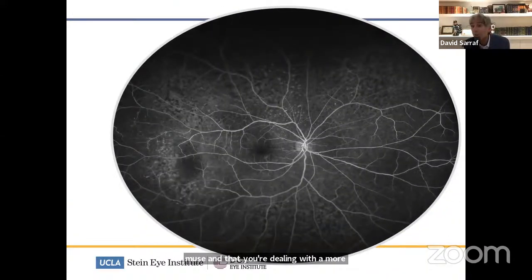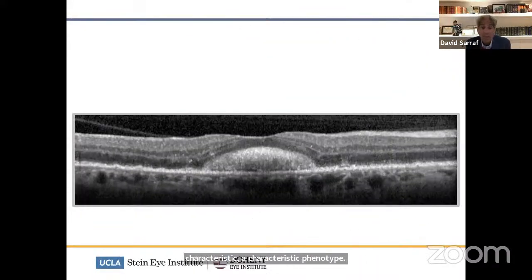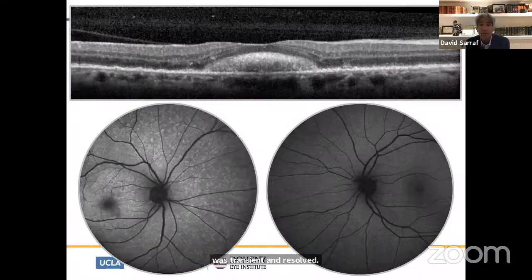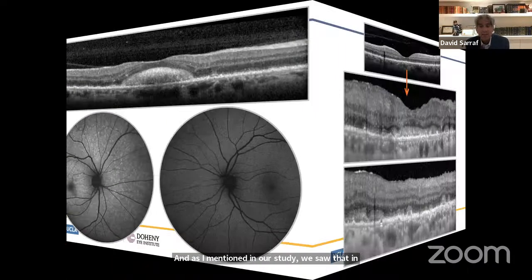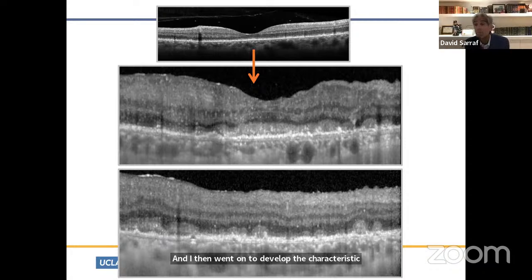And on FA, you can see the characteristic leopard spot pattern, which was also a characteristic phenotype we saw in our AJO study. This patient also had a central cloudy hyperreflective vitelliform lesion that was transient and resolved. And as I mentioned in our study, we saw that in 10% of the cases. And then went on to develop the characteristic cuff-like and band-like areas of subretinal hyperreflective infiltration, as you can see